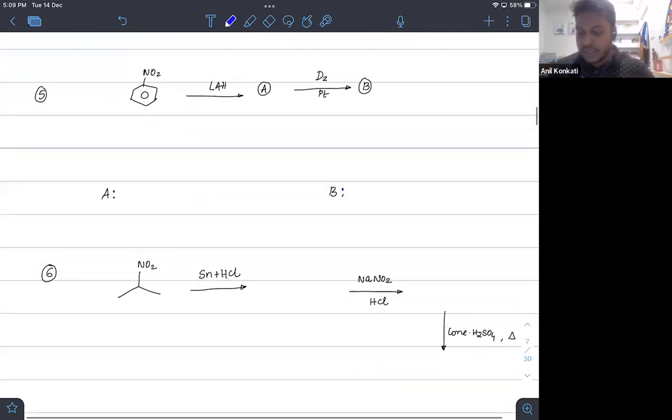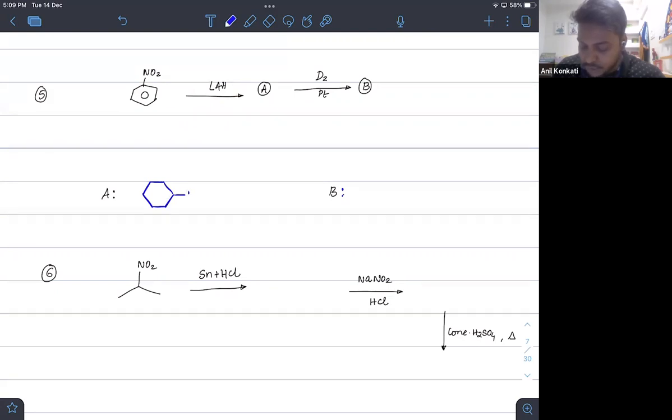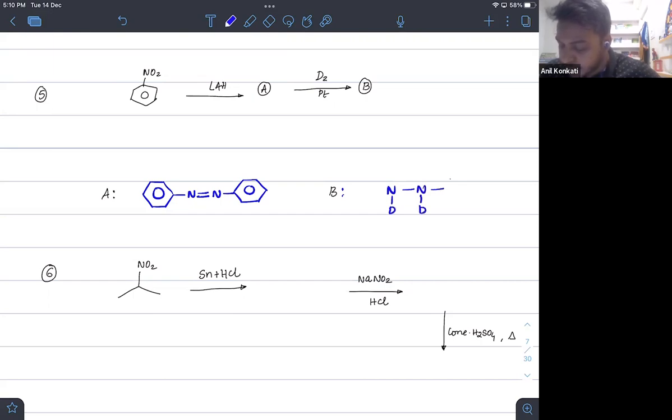See this case now. NO2 on reaction with lithium aluminum hydride. So I told you that this is the exception case where we have azobenzene forming. So double bond N with these two benzene groups here. So this is the azobenzene form. And after that we are doing catalytic hydrogenation. So on doing catalytic hydrogenation, DD will come here and that will give you a cis type of addition. Well, here once it is going syn type of addition, once you add D here, it does not matter because you're getting a single bond on both sides.